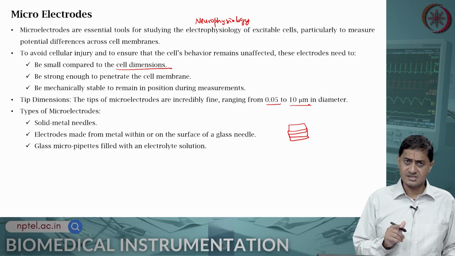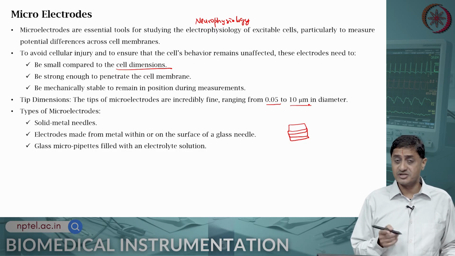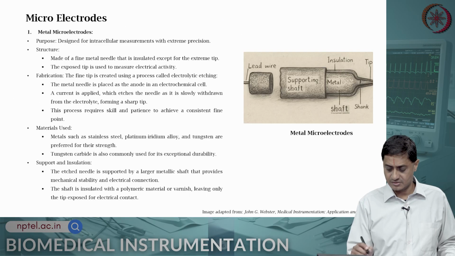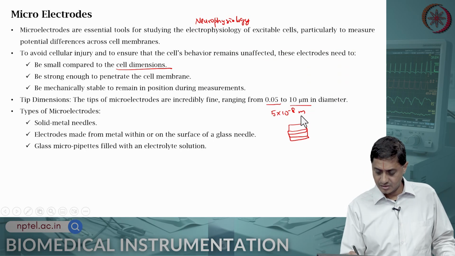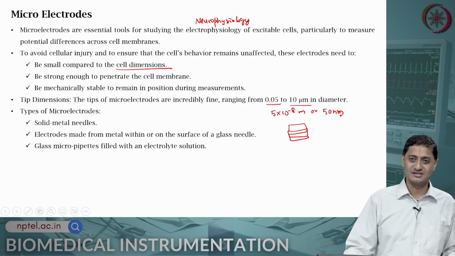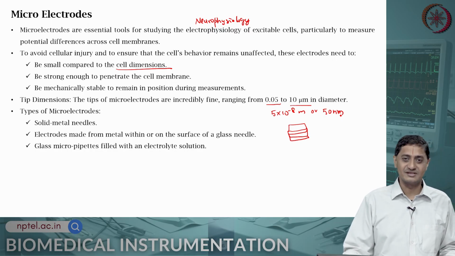1 micron is 10 power minus 6, 0.1 micron is 10 power minus 7, 0.05 is 5 into 10 power minus 8 meters, or it is actually 50 nanometers. That is the size you are looking at. It is anywhere from 50 nanometers to 10 microns in diameter. That is the size of your